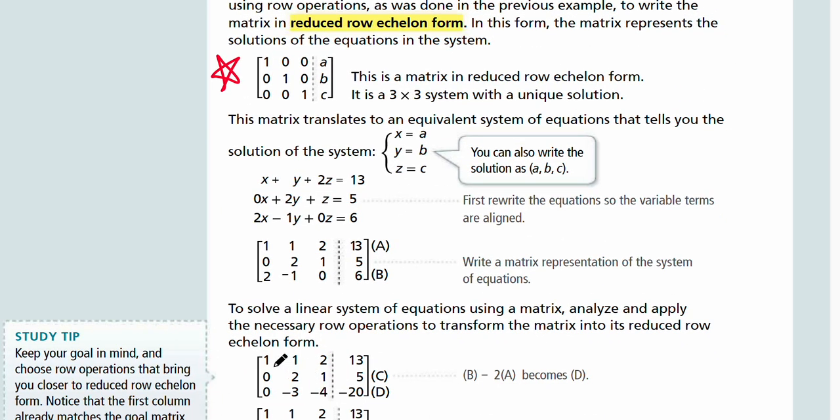So first we're going to multiply the first row by 2 to get 2, 2, 4, 26. And then we're gonna subtract the first row times 2 from the third row. So then we have 2 minus 2, 0, -1 minus 2, -3, 0 minus 4, -4, 6 minus 13 is